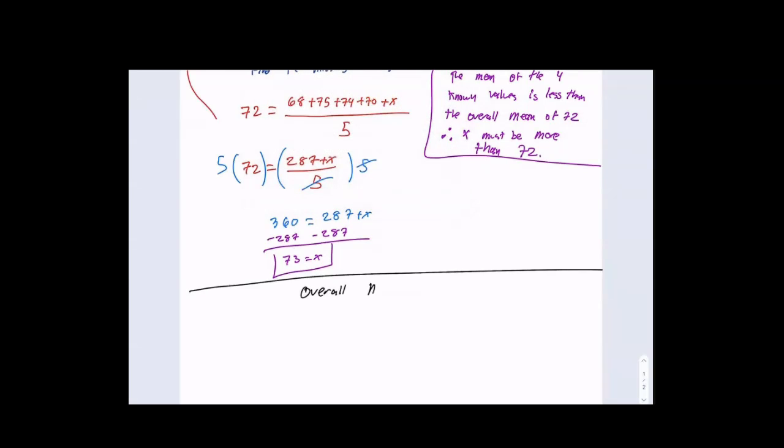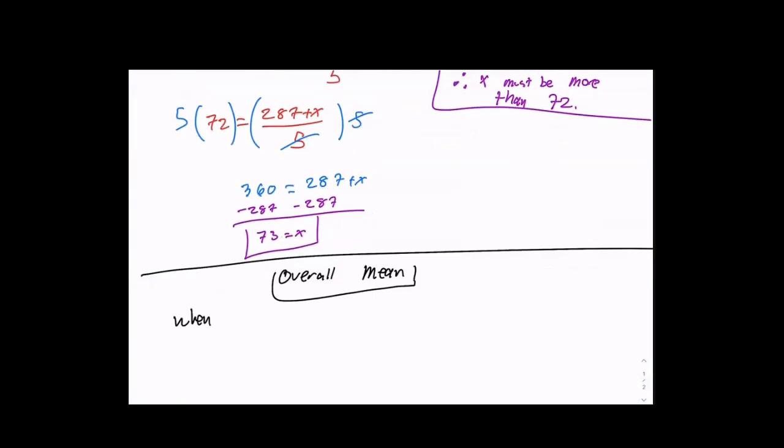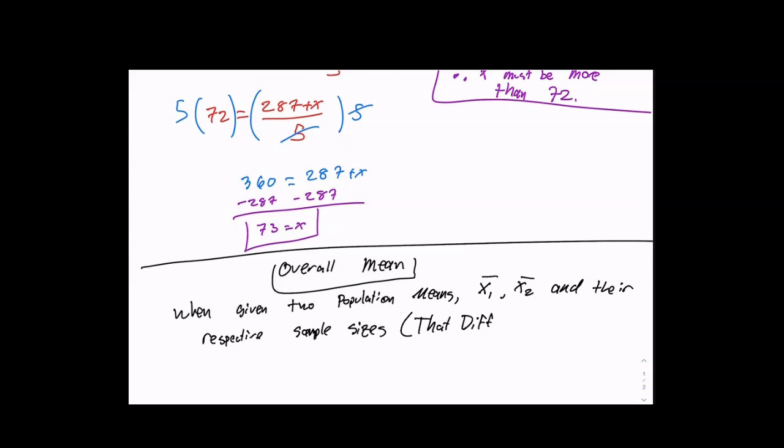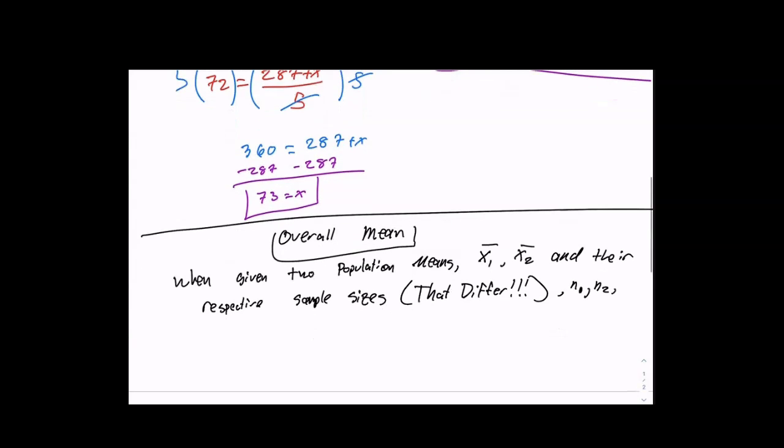Overall mean. When given two population means, x1 bar, x2 bar, and their respective sample sizes that differ, and this is a big one, that differ, N1, N2, then overall mean